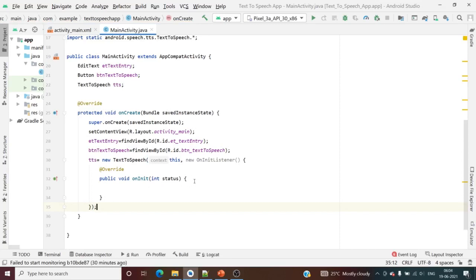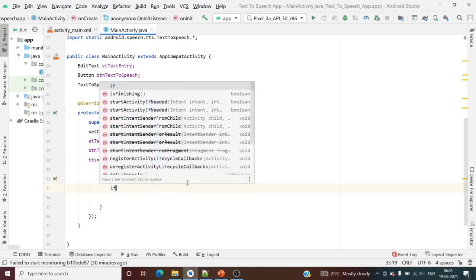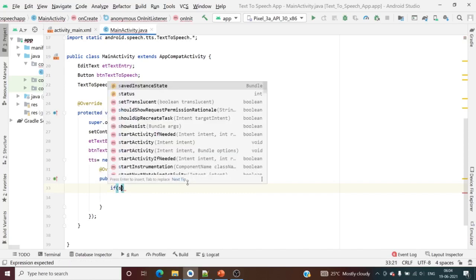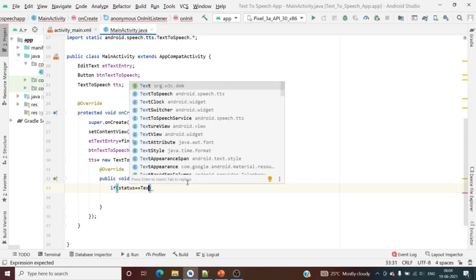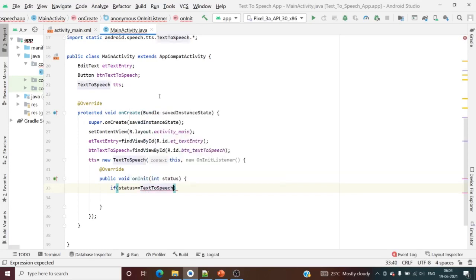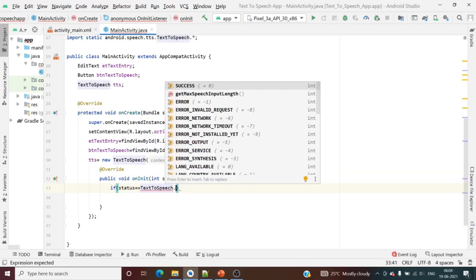Now, in the initialization, you check the status. It will return a status and you have to check if status is equal to TextToSpeech success, that means success.